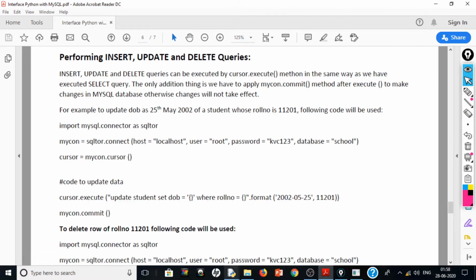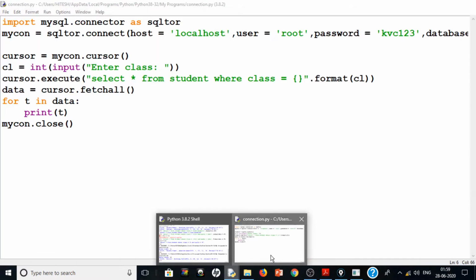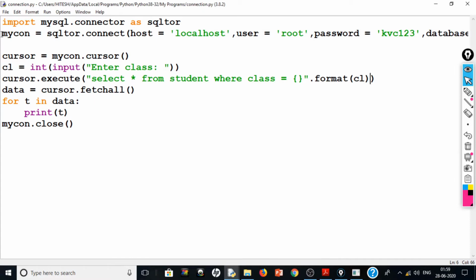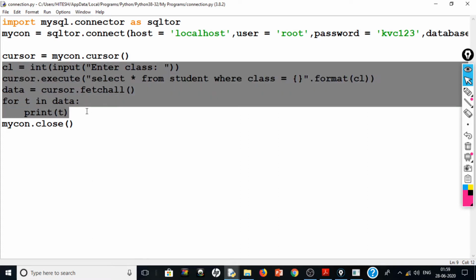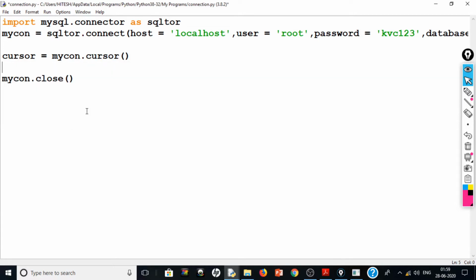So let's see, we will practically do it. So we have to import it, mysql.connector as SQLTOR. We will have to create the connection, then we will have to create the cursor, and we don't need to do all these things because we just want to update the data, right?